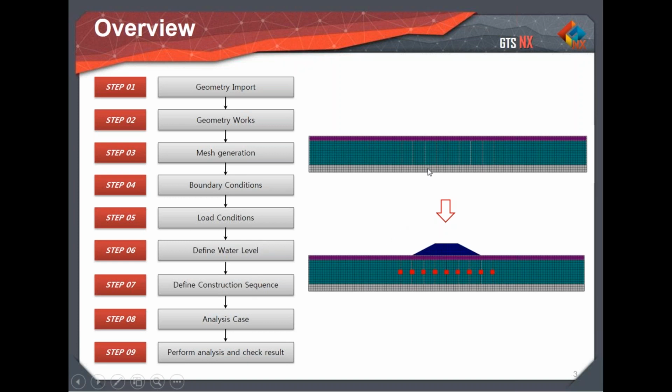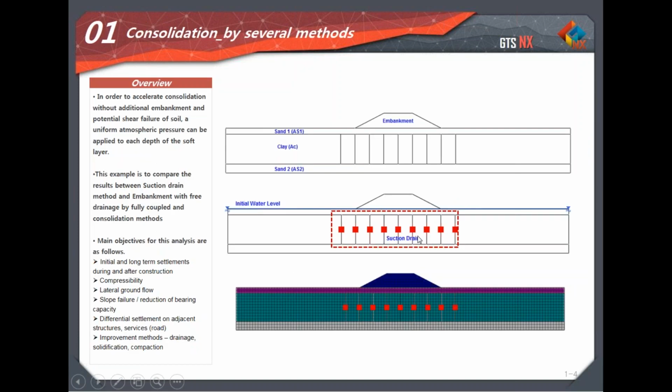But this is a basic layout of what our 2D model will look like. So we will be, through one method, seeing the settlement of this embankment by the weight itself, and by another we will be creating a boundary condition for suction and actually comparing the two results. So we'll be looking at things like initial and long-term settlement, compressibility, and other things such as drainage for improvement